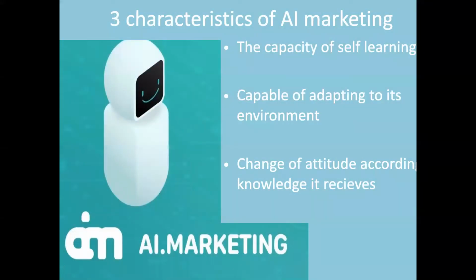This robot that we are giving you has the capacity of self-learning, okay? It can learn by itself, it can adapt itself to the environment where it is, and it can change attitude according to the knowledge it received. You have something that is really intelligent. When Christmas comes, the robot will know that it is Christmas, and it's going to advertise stuff around Christmas, okay? When it's Valentine, it knows that it's the season of Valentine. It's going to advertise watches and rings and chains and jewelry so that you can give to your loved one,